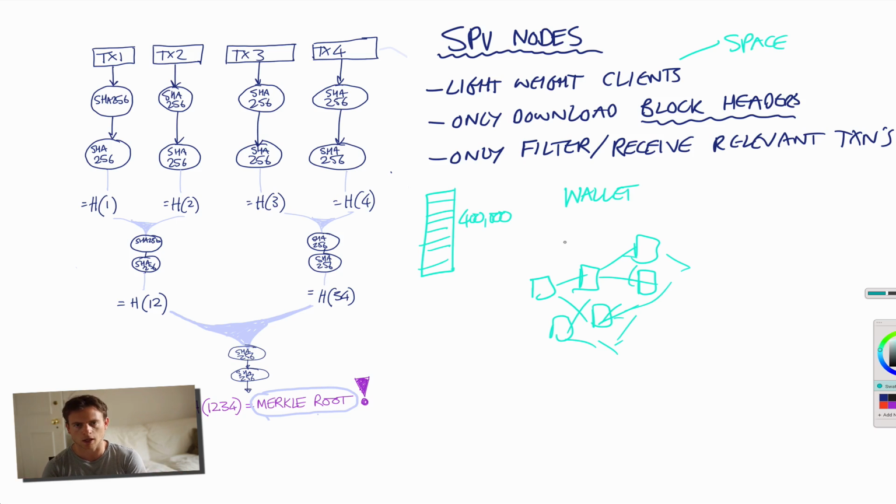I'm not participating in that. I'm only interested in the actual transactions that affect me, right? The addresses that are stored locally in my wallet. So what happens is those nodes, called SPV nodes, what they do is, if you remember the blockchain